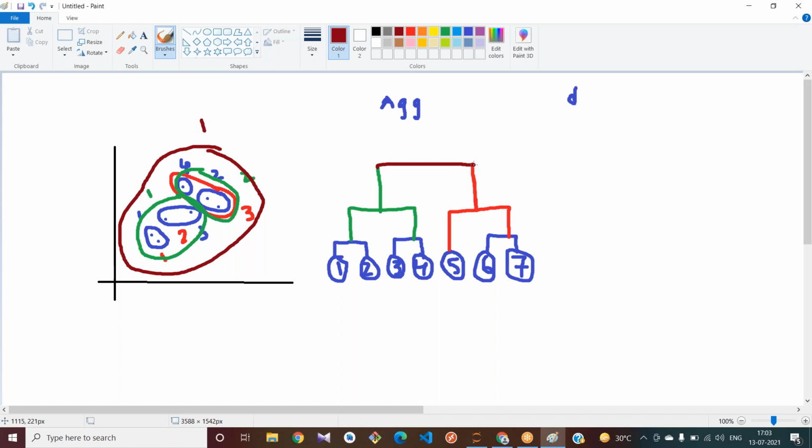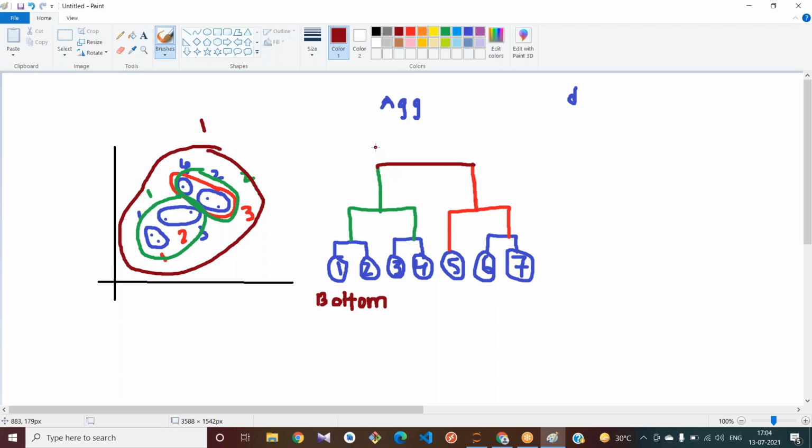What it is trying to do from the bottom: initially it is considering all the data as different clusters, and by using some distance measures it is trying to merge two clusters. Assume that it has been done like this, and in the next level it is trying to merge the other points which are very near to this.